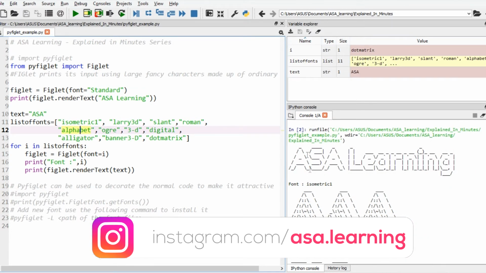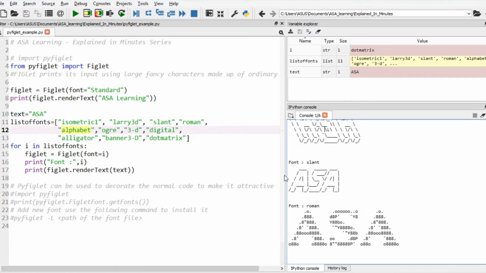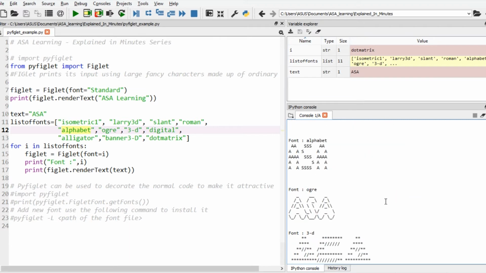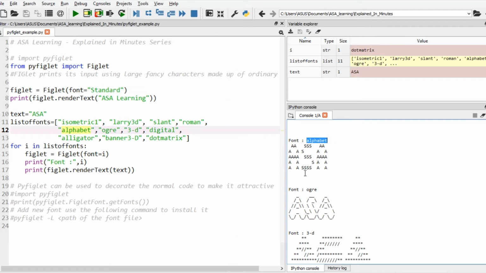You got it right. So this is the standard font that we have already seen. And this is Isometric 1, Larry 3D, Slant. This is also a beautiful font. Roman, among all, this is my favorite one. You have alphabet. You have seen our Python alphabet pattern where we have coded each and every letter as dots, but here using a single line we got ASA being printed in an alphabet pattern.